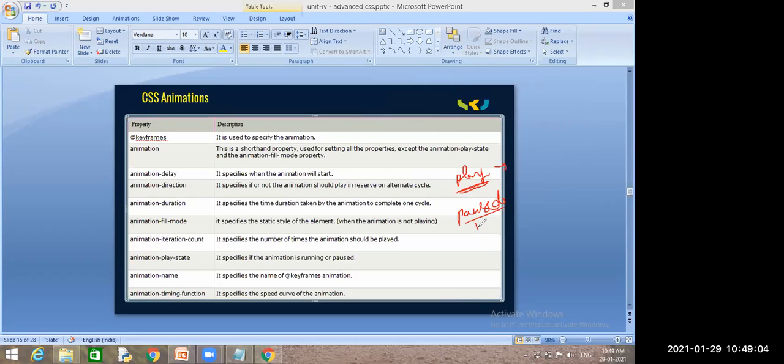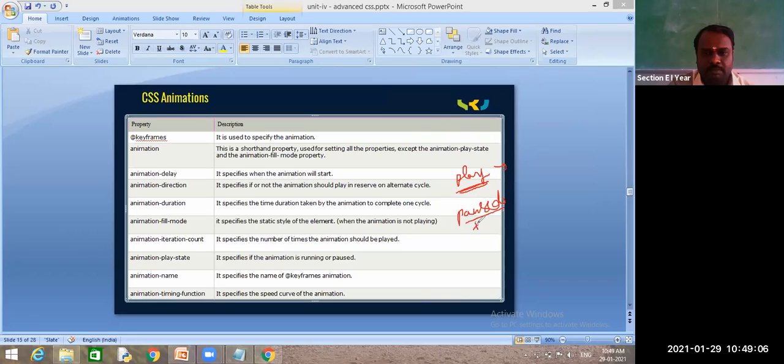No. Paused is not terminating. It is just like a sleep mode, and again you can resume it. Play mode is nothing but playing. Similarly, I can make my animation play, and when I want to stop my animation, I can pause it.